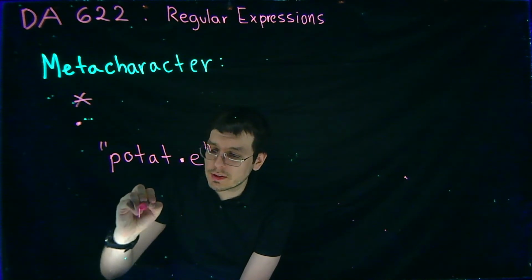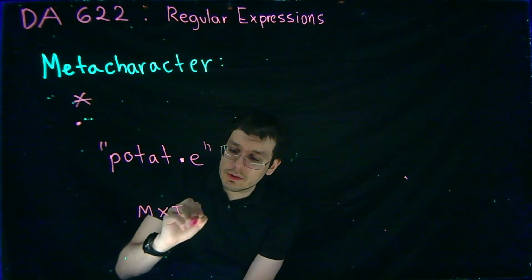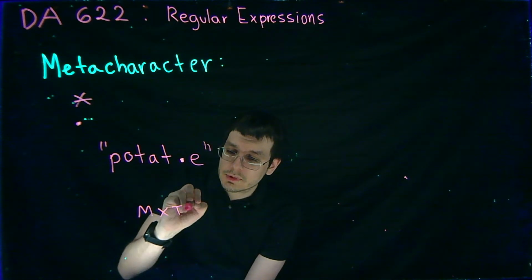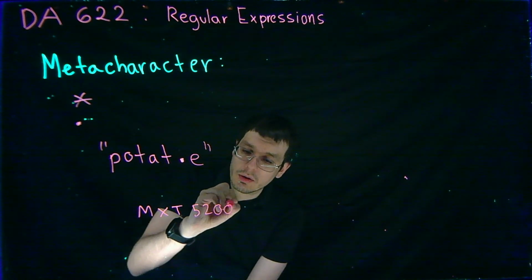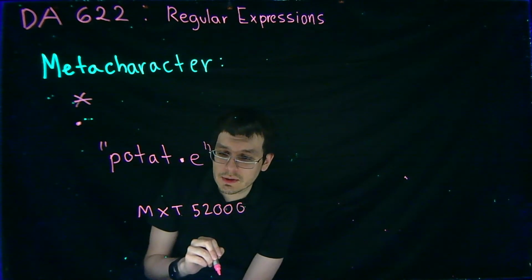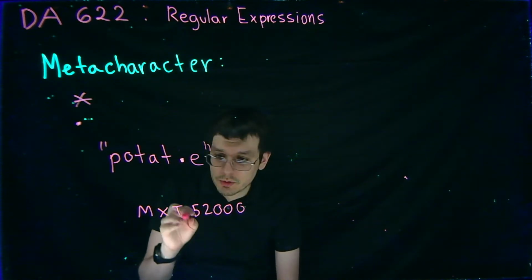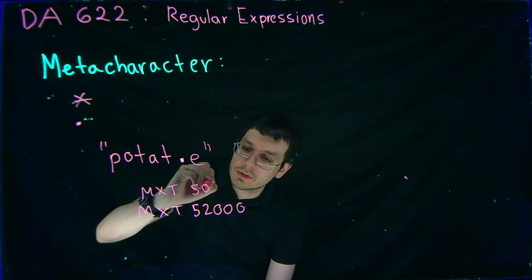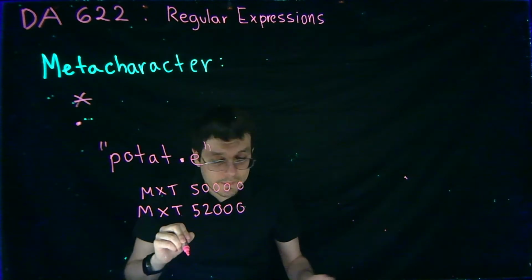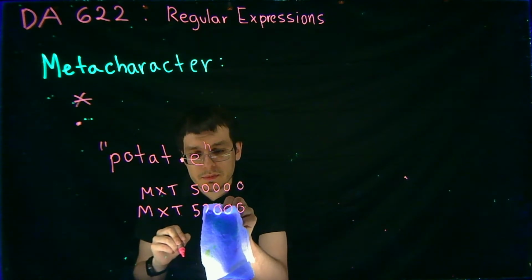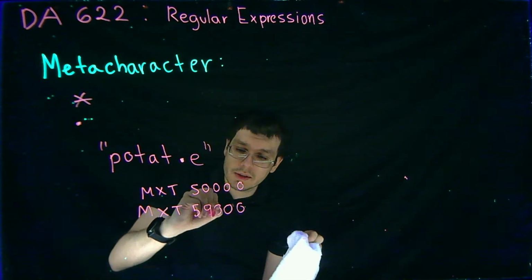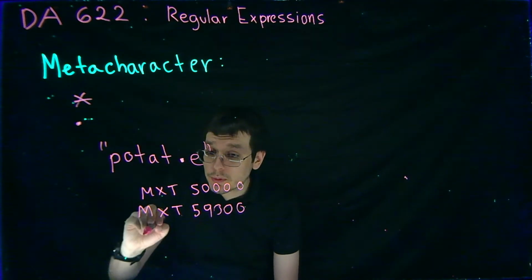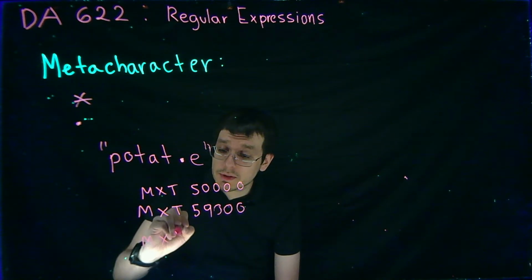Let's say that you have a database and you got all the files from it, and you're looking for serial numbers that are within a certain range, like between MXT 50,000 and maybe 59,000. Okay, maybe that's the range of numbers you're looking for. Well, the regular expression that you would write for that would be